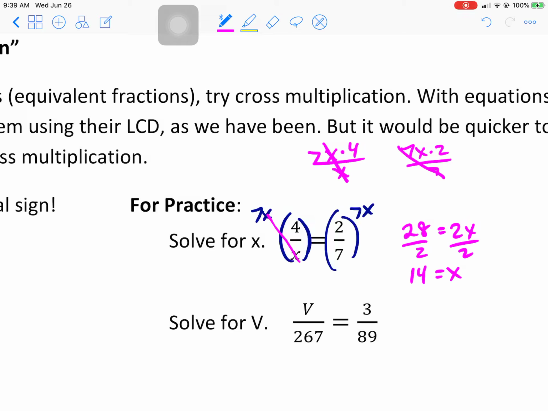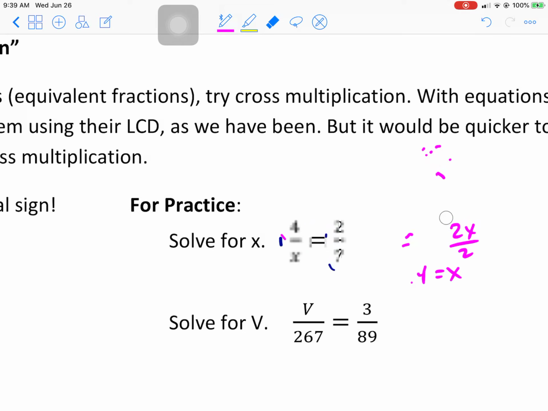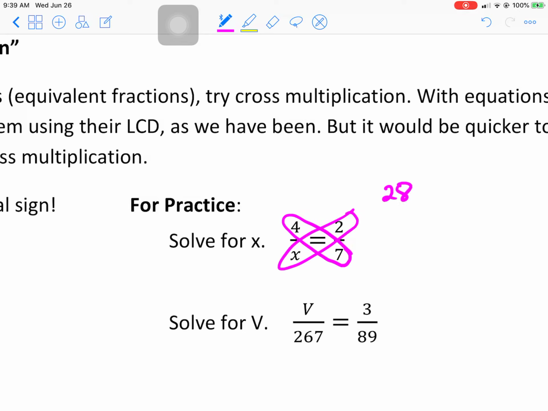And you can do that for this section as well. I just want to show you one other thing to do instead, okay? Cross multiplication, you would actually multiply the 7 times the 4 and get your 28, and then there's your 2x. And that's what we spent a couple of minutes trying to do with our LCD. It's just faster that way, and